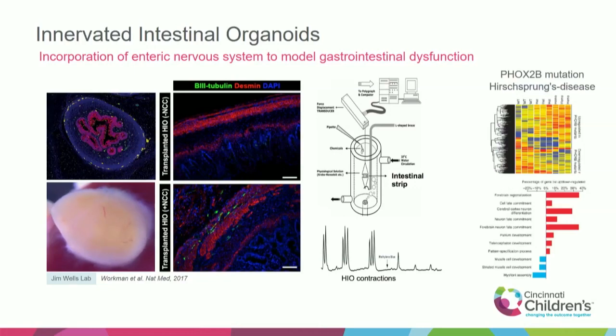We applied the system to study the cellular and molecular basis of Hirschsprung disease. This is a congenital genetic disorder that is characterized by dysmotility of the lower part of the gastrointestinal tract, and we are currently using this system to seek potential therapeutic approaches for this disease in collaboration